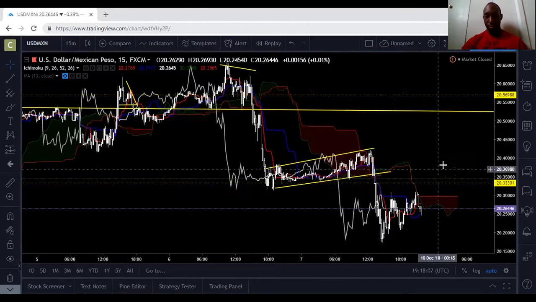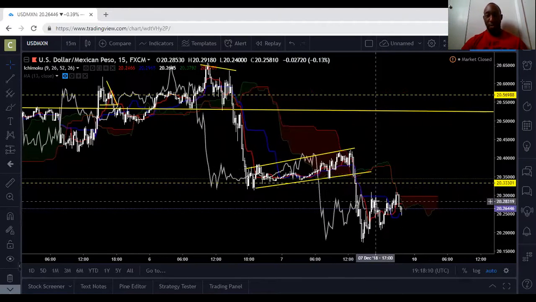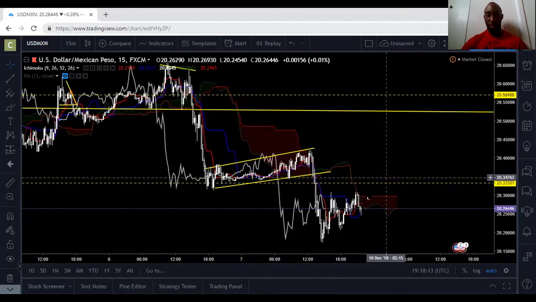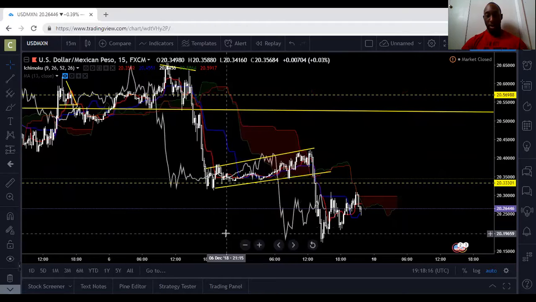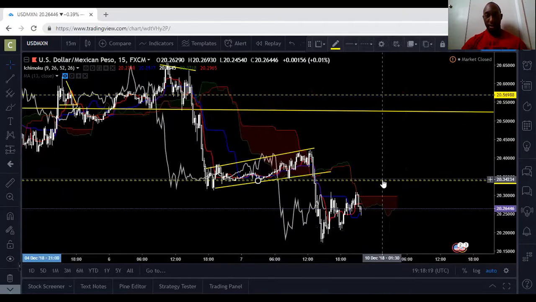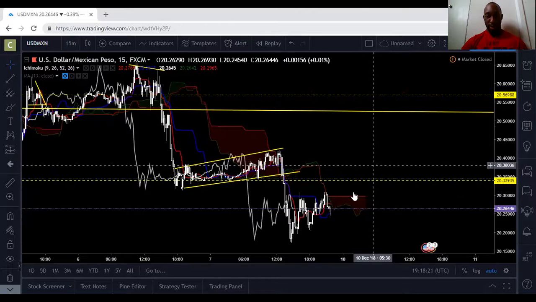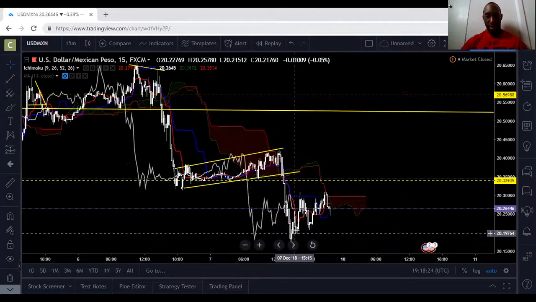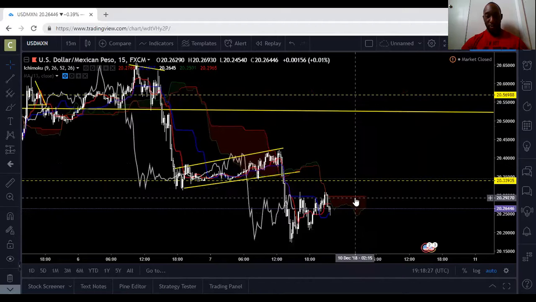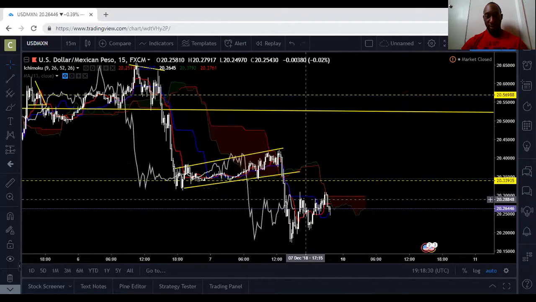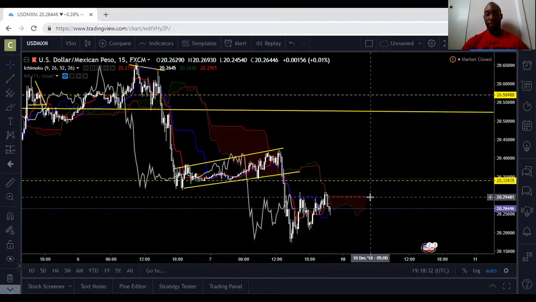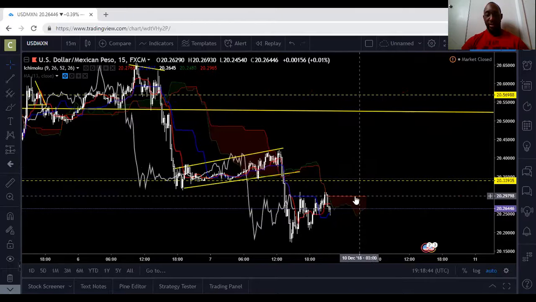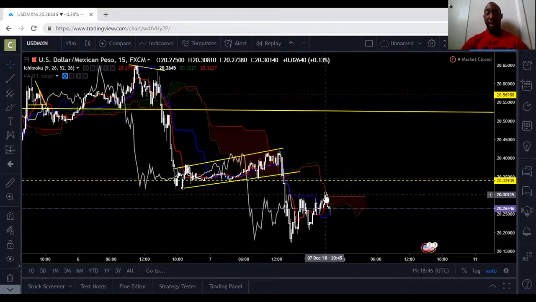So now that that happened, what's the next pattern that's going to form? All right, so we're looking in this area now. What I'm seeing right now is it's come down, and you see this flat area, it's a resistance now. If you're taking notes, always remember when you see a flat area on the Kumo cloud of Ichimoku trading, that signifies a